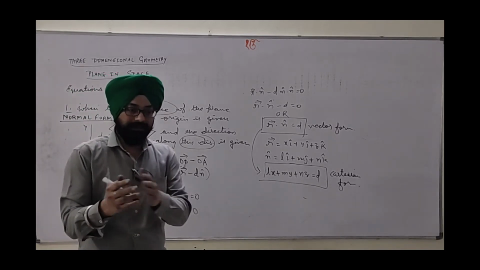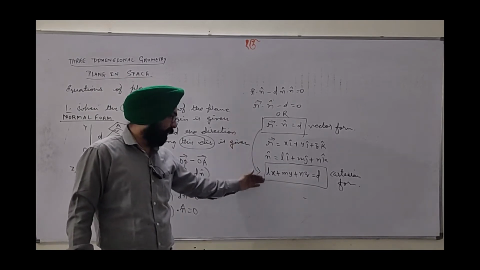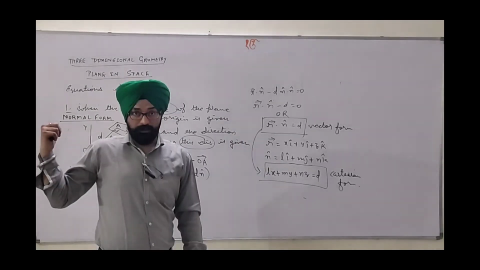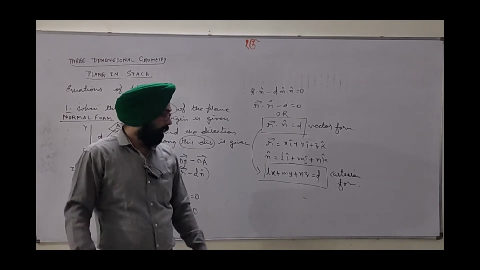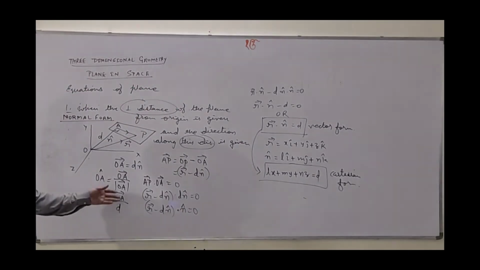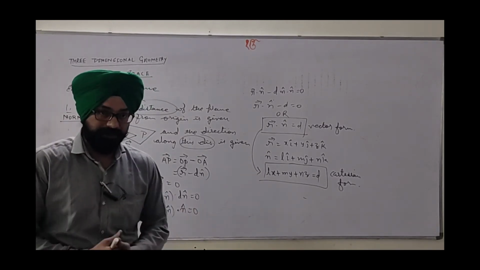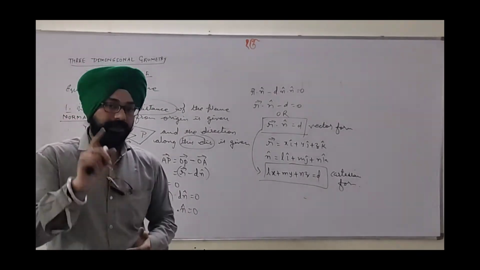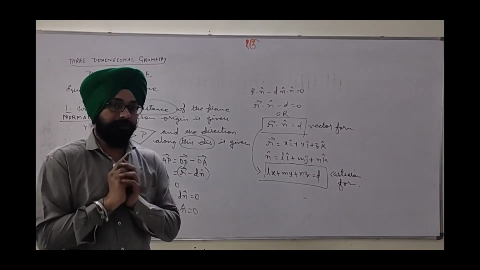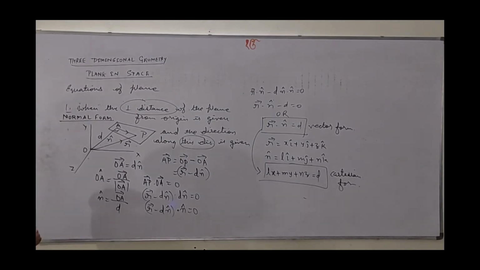Only thing we have to keep in mind is the vector form of the plane and the Cartesian form by the name normal form, in vector and Cartesian pattern. And this derivation is explained so that you can keep in mind very well how we get it, the reason behind it. Wherever needed, there I will speak the derivation. Otherwise, I will introduce the direct equation. So this was the first form.